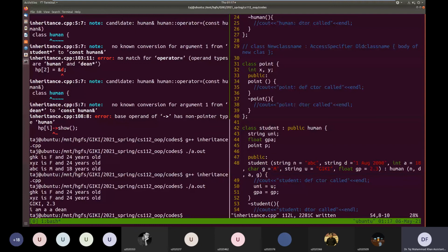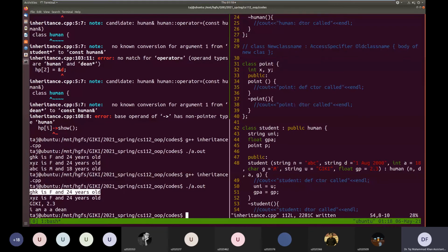now you guys see the output is different. All of the pointers are of type human, and they point to different objects. The first pointer points to an object of type human, so it is calling the human object's show function, same as in the previous output.